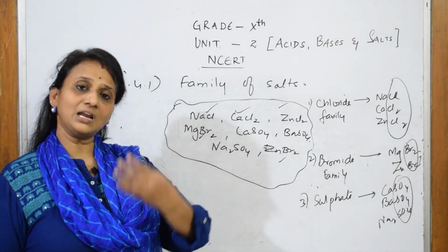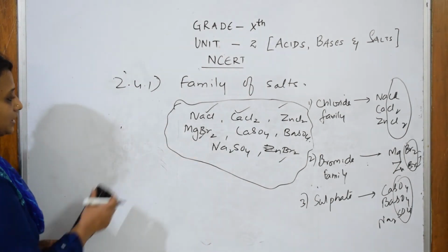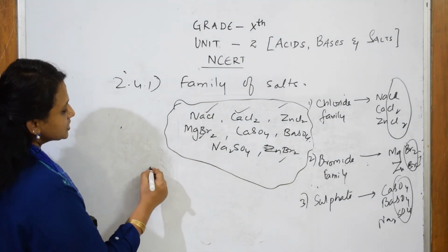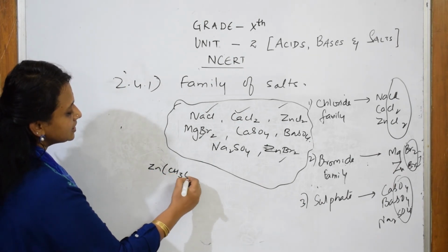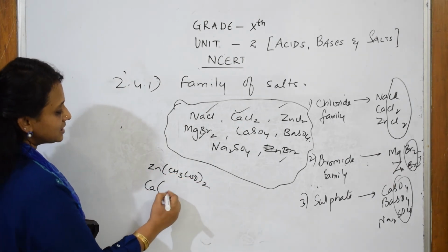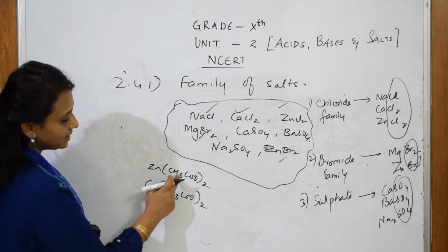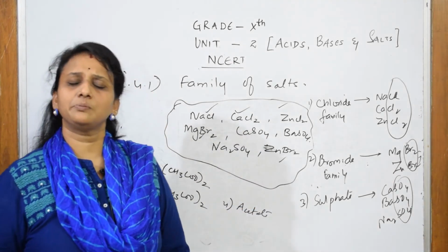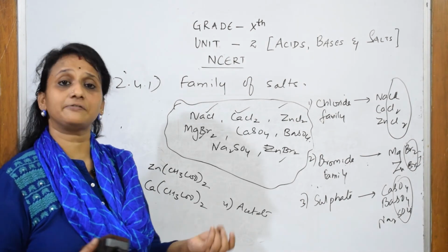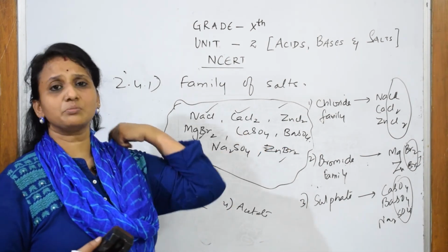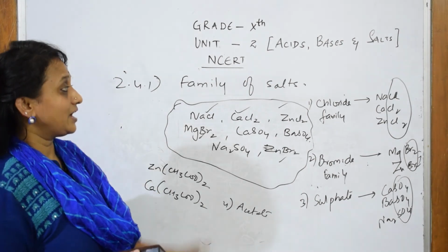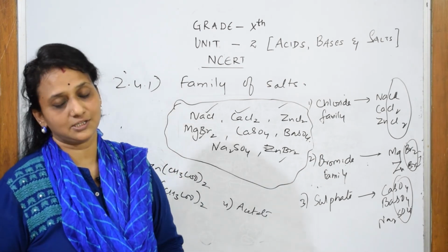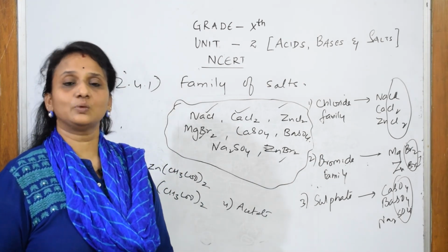Ma'am, a doubt: will only the anions be different? No problem, cations also can be different. Shall we write acetate? Okay, only anions. Suppose zinc acetate, CH3COO, is here, and calcium acetate is here. Now both belong to which family? Acetate family. So the fourth one is the acetate family. Like this, chloride, bromide, iodide, acetate, sulfate, phosphate, so many different varieties of families are there. So family of salts is the concept of separating the salts based on the common groups. That's all, right? Now you're going to learn one activity along with this.